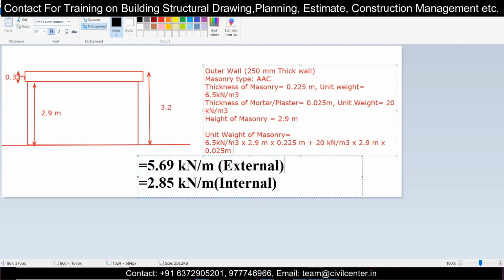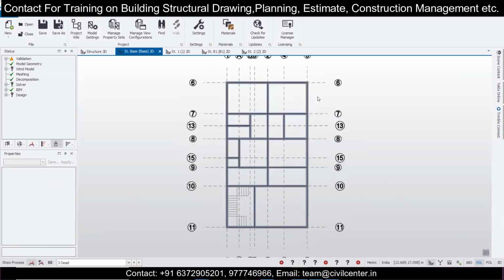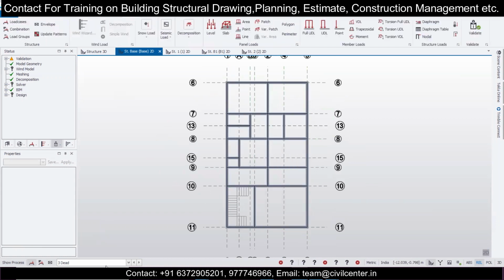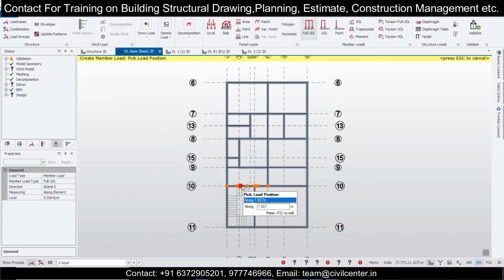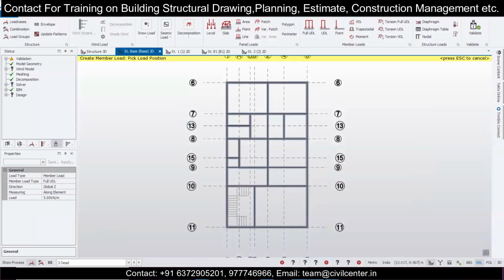Now let's see how we assign them in the Tekla software. Here we have this empty floor, and let's assign this. First of all, I will go to the load option, and select the dead load from here, and after that we can assign it. For assigning, let's select this full UDL option, and we'll select the load of 5.69 for all the external walls.